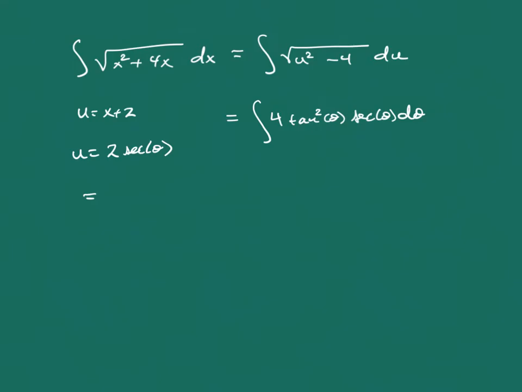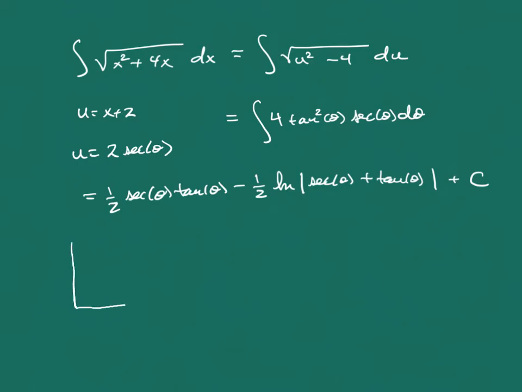to which we then evaluated that to the expression that we just had. So we have a 1/2 secant of theta tangent of theta minus a 1/2 the natural log of the absolute value of secant of theta plus tangent of theta plus our arbitrary constant. Now we kind of want to bring this back to our original variable x,